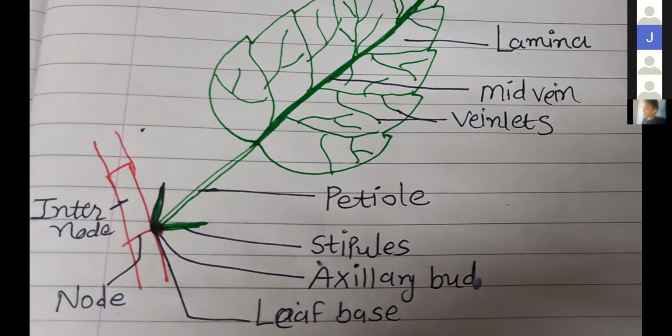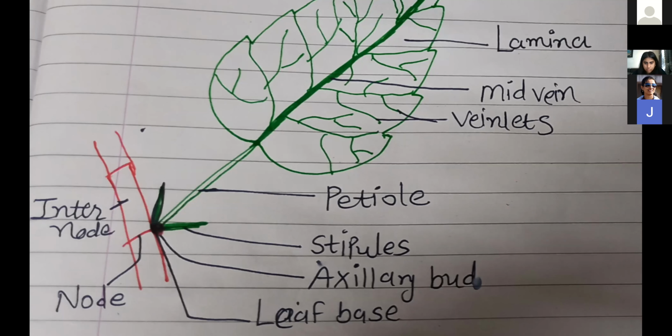So petiole is flexible. When wind currents are there, leaves can easily move or flutter in the wind current, and with the help of the petiole, it brings fresh air towards the leaf surface, as well as helps cool the surface. When temperature is very high, it helps cool the leaf surface area.